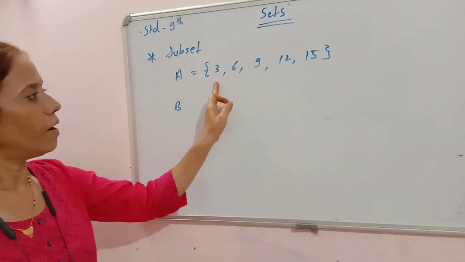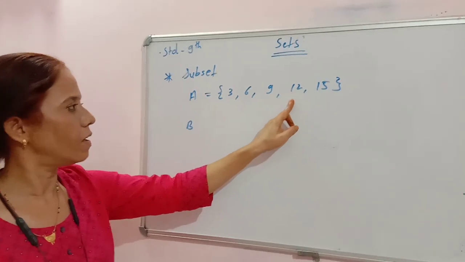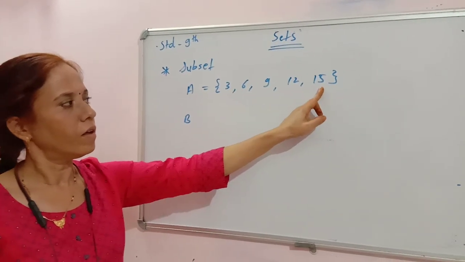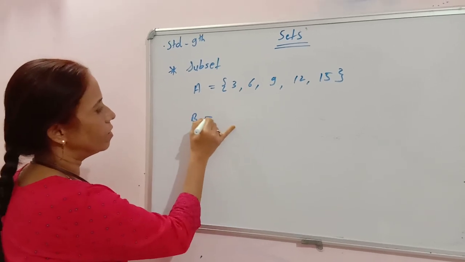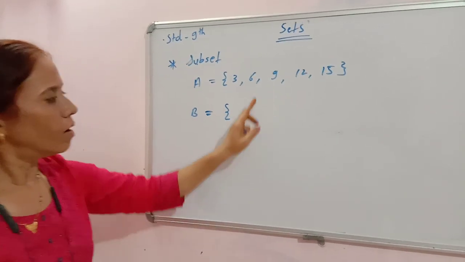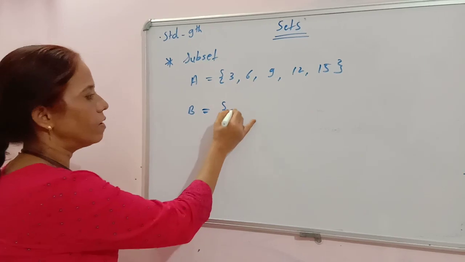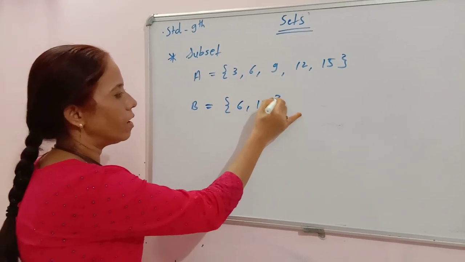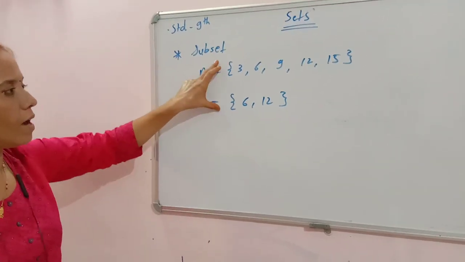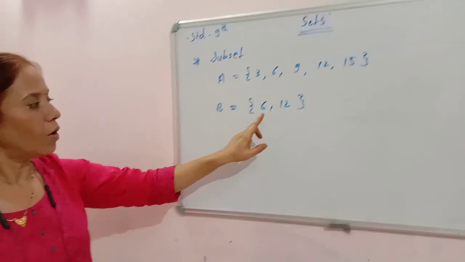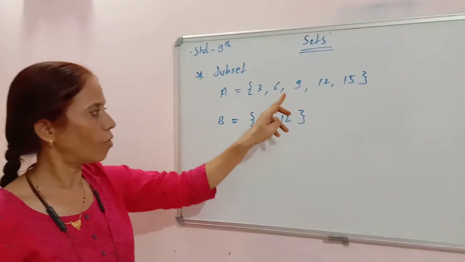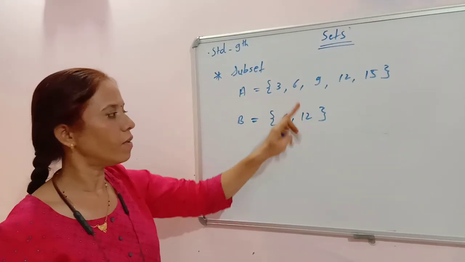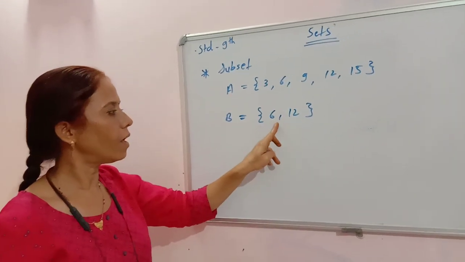Okay, A is a set of multiples of 3 less than or equal to 15, and B is a set of multiples of 6 less than or equal to 12. Now A and B are the 2 sets such that every element of B is present in A. Okay, the converse is not true, meaning every element of A is not present in B,